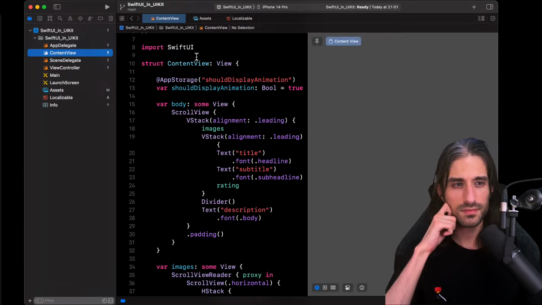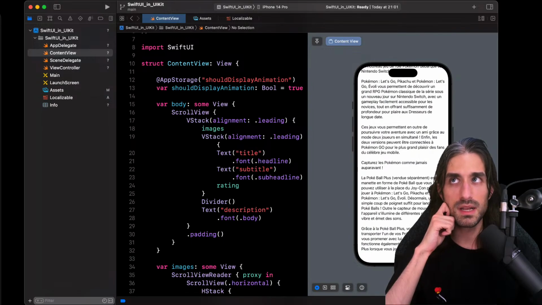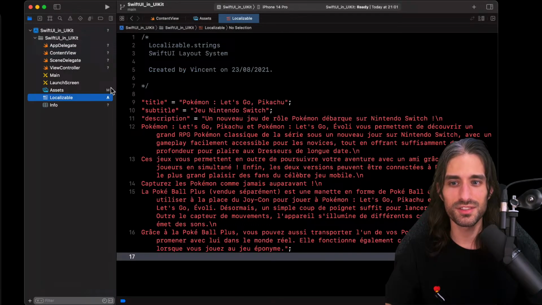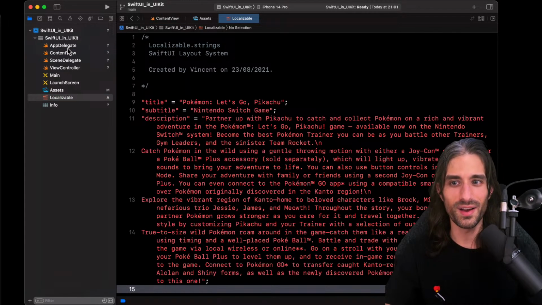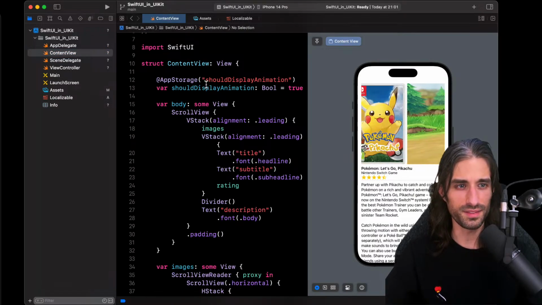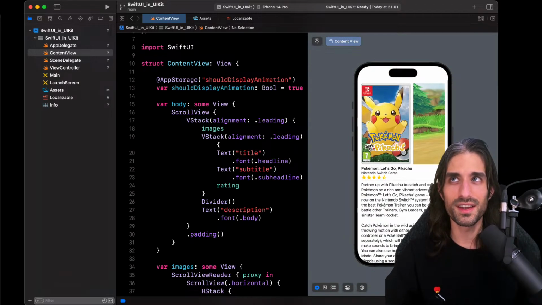All right. I'm just going to check on the preview that everything is working. Yes, it's working. It's the view we had implemented. The text is in French because I copied and pasted from the wrong project. That's because I have too many projects open. So I'm just going to use the right content just to make sure that there is a continuity between the chapters. Okay, so this time we have exactly what we did in chapter 2,